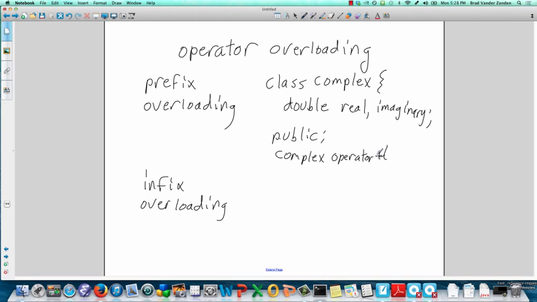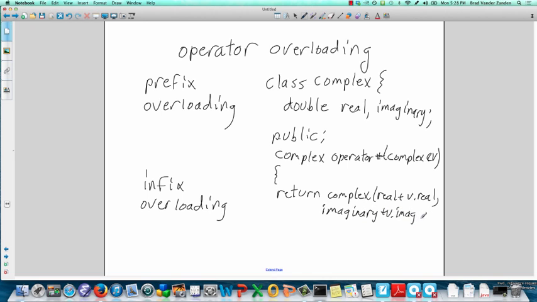that takes a complex number, say V, and we might have it do something such as return complex of real plus V dot real, and imaginary plus V dot imaginary. So this is an example of prefix overloading, because this will work fine if we have,